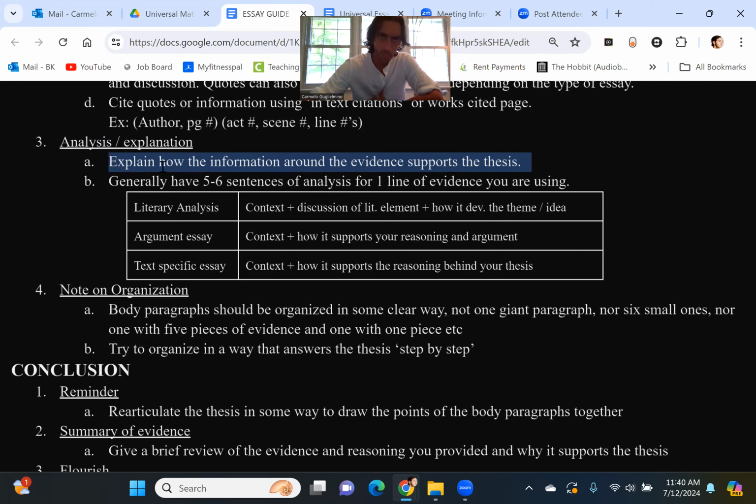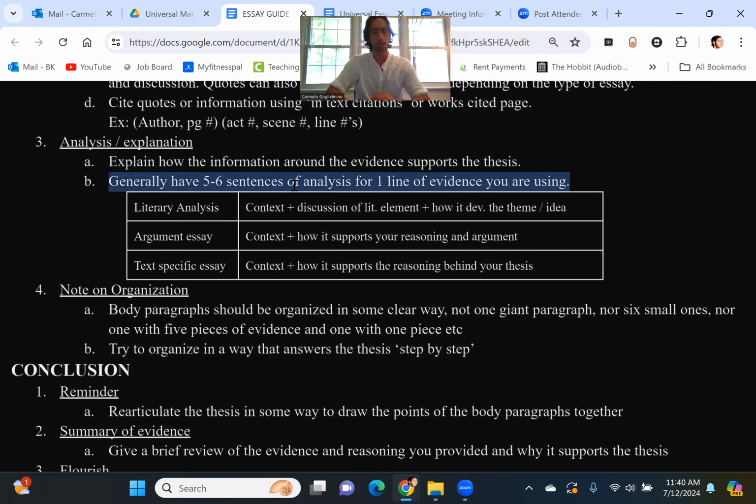Now, how do we solve the problem classically of being like, well, Mr. G, I don't know what else to write. I don't know how else to do this. Couple different things there. I usually tell my students 2 or 3 things. Number one, if you're struggling to extend your analysis to meet the requirements that I'm looking for or that your particular teacher is asking for, first thing you want to do is go through your analysis and make sure that you have what I call spelled out what it is you're trying to spell out.